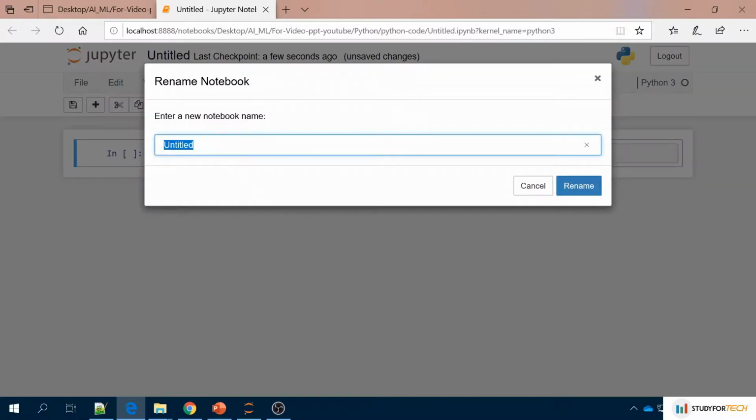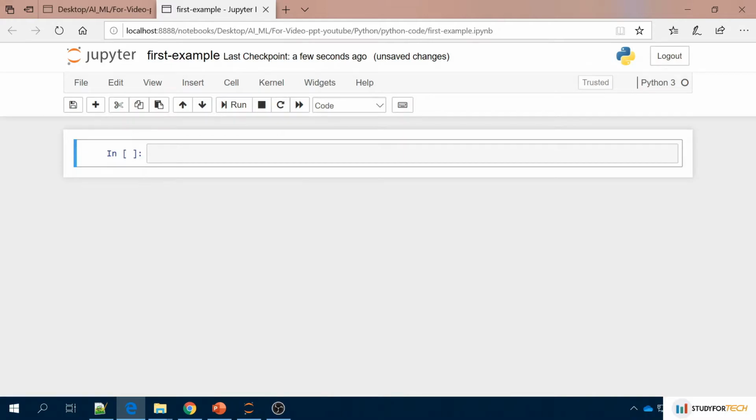Double click there and give it a name. Let me call it first example. You can give any name which is relevant to you. I'm just renaming it, and it will be saved in the current directory from where you opened this Jupyter file. For me, it is this location.